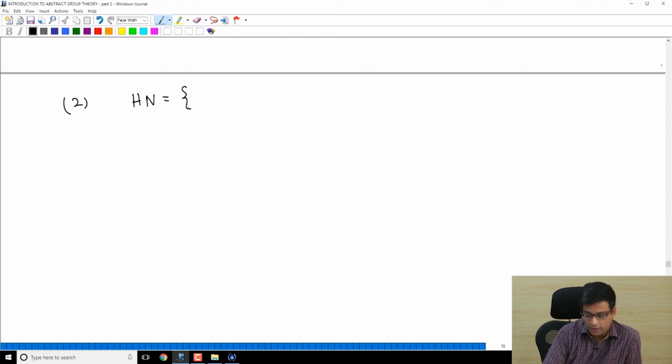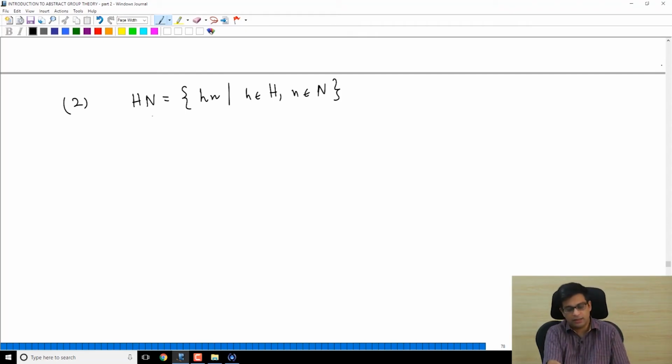This I defined in an earlier video. HN, in general, for any two subsets of a group, the product is simply this set. You take elements from the first set and elements from the second set and multiply in that order. So you take small h from capital H, small n from capital N, and you multiply them and you vary small h and small n. Okay, so why is this? So this is certainly a subset of G. Why is this